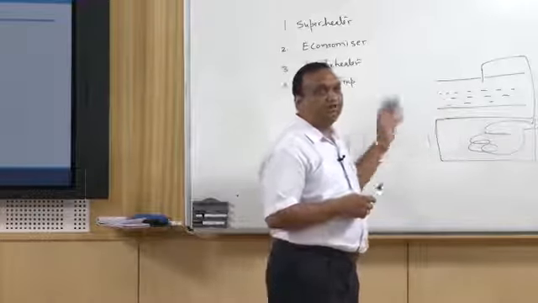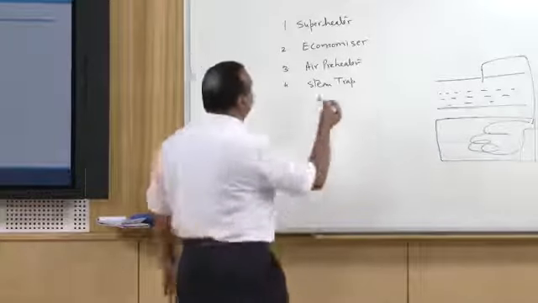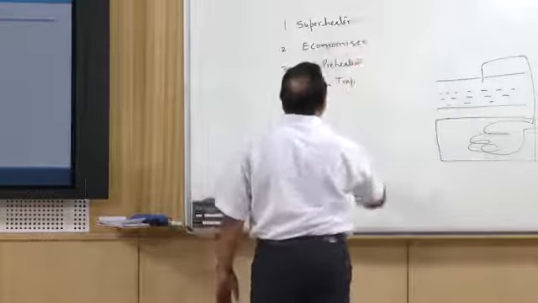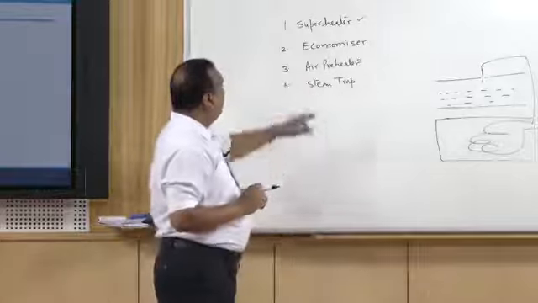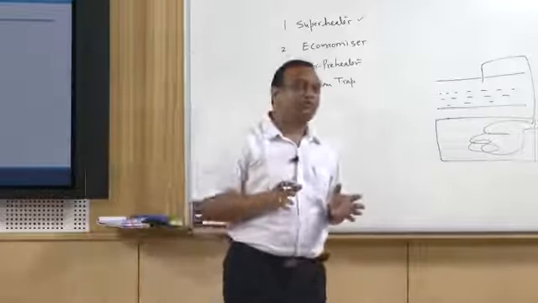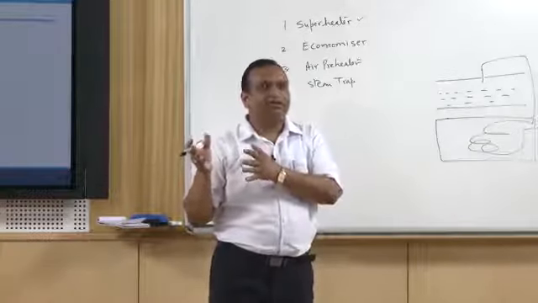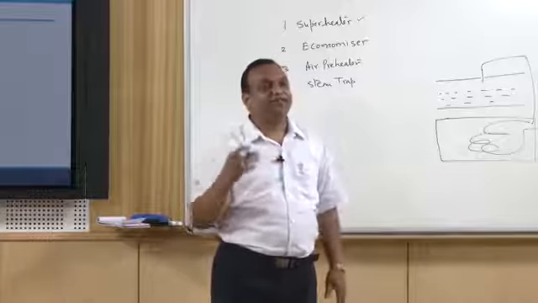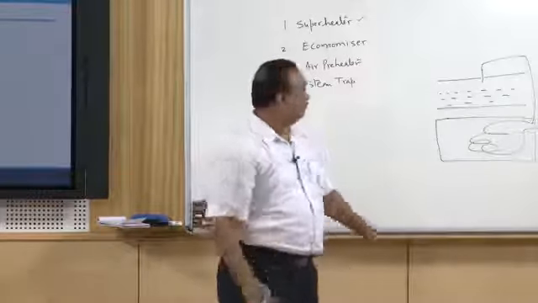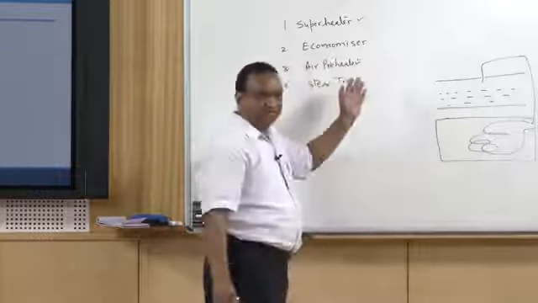The purpose of superheating is to improve the efficiency of the cycle. So, nowadays in modern boilers, superheaters are an integral part. Another is the economizer, because in a boiler a lot of heat goes out with the flue gases. Our objective as engineers is to trap as much heat as possible from the flue gases. The superheater is also doing the same job. Now, the same job is done by the economizer.